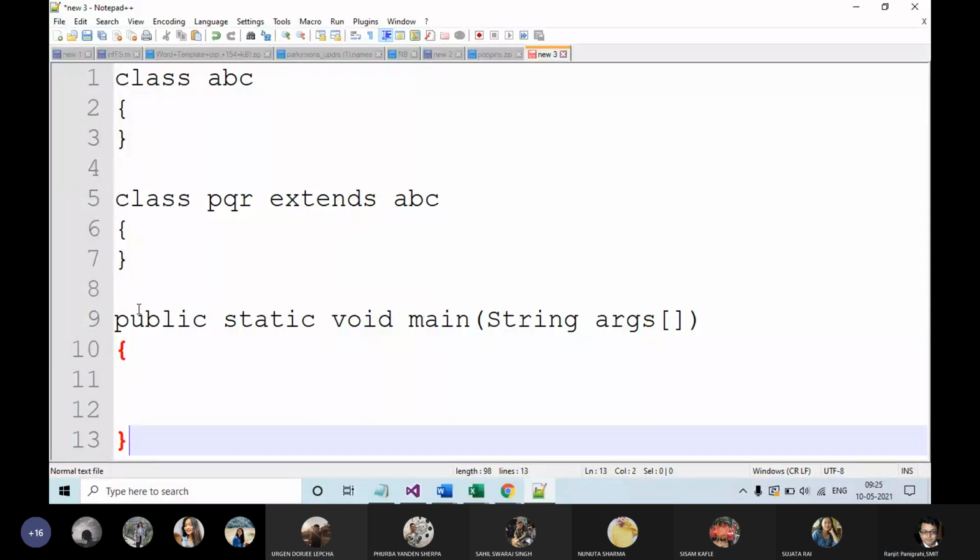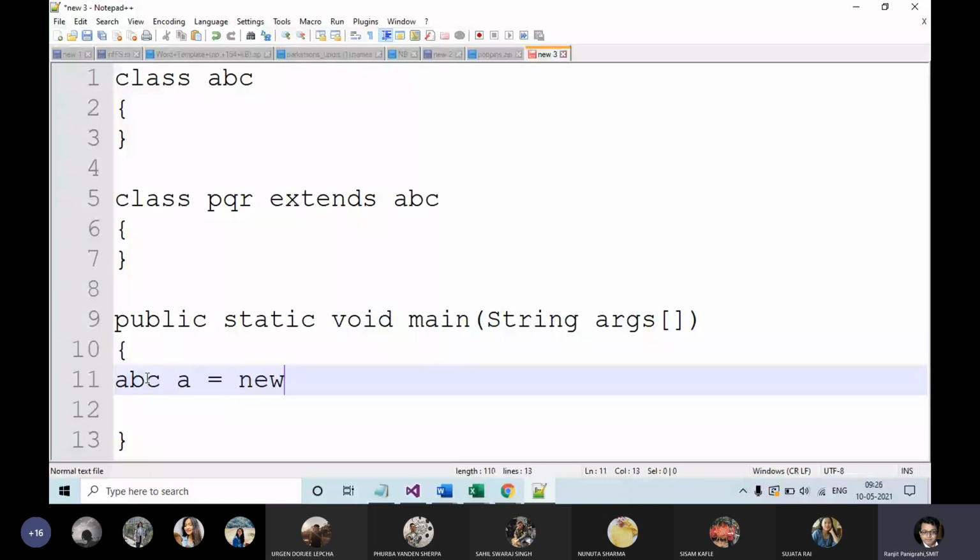Look at this. I can create ABC A equal to new ABC. I can create an object of the superclass or the base class which can store an object of its own class, or an instance of its own class, right? Did you understand?